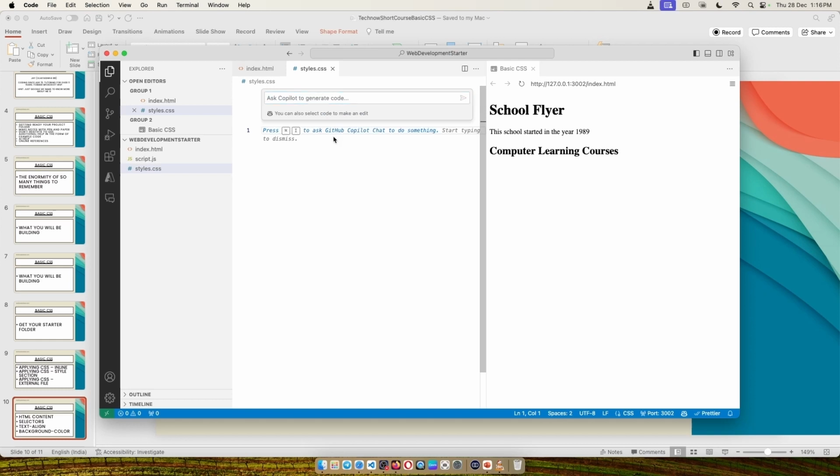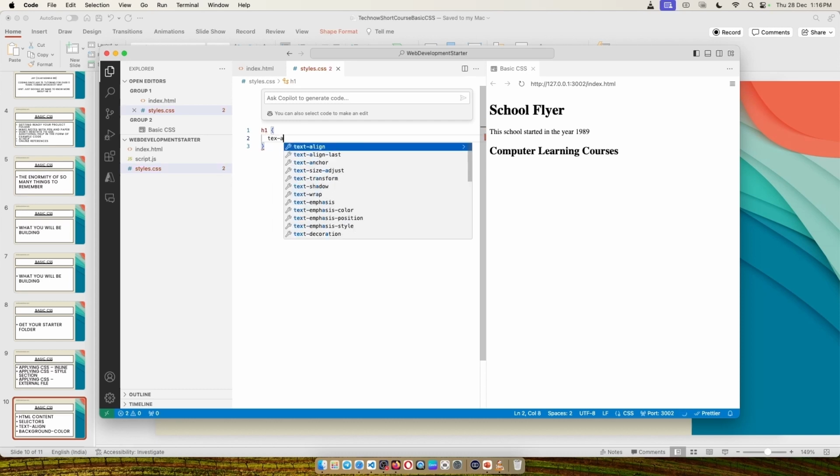Now in CSS, we use what are called selectors. Selectors are used to select which part of HTML you're trying to apply the style to. I want to make the h1 tag aligned in the center. That's not the AI, that's just VS Code trying to help me. So I'm going to say h1, selecting all h1 tags, and then use curly braces. Now every h1 tag in the code will be selected, and then I want to say text-align. Again, VS Code is trying to help me, and I want to make it center, so I'm going to say center.